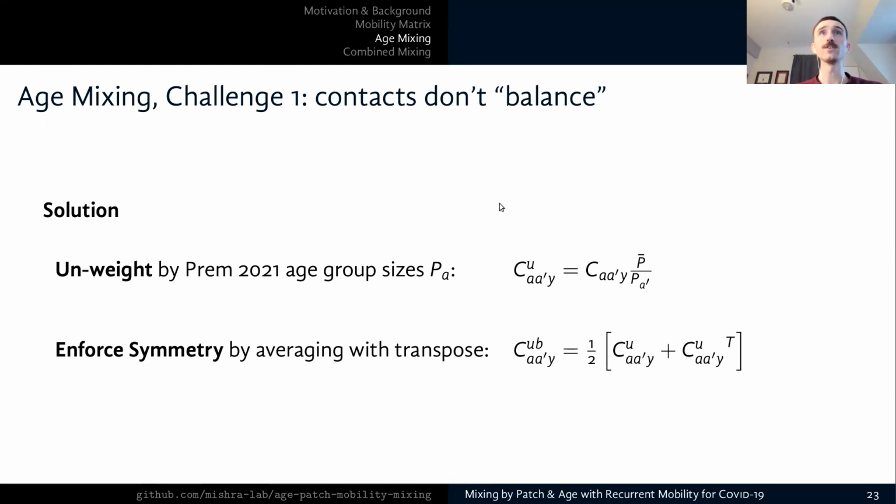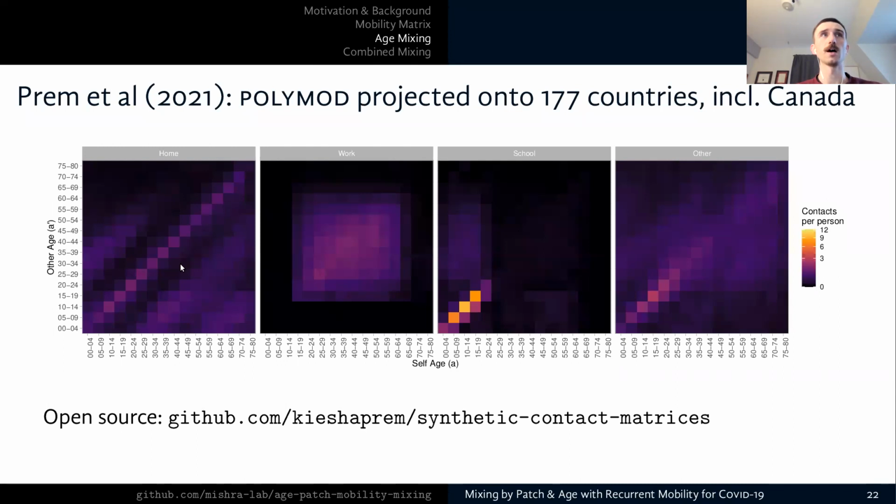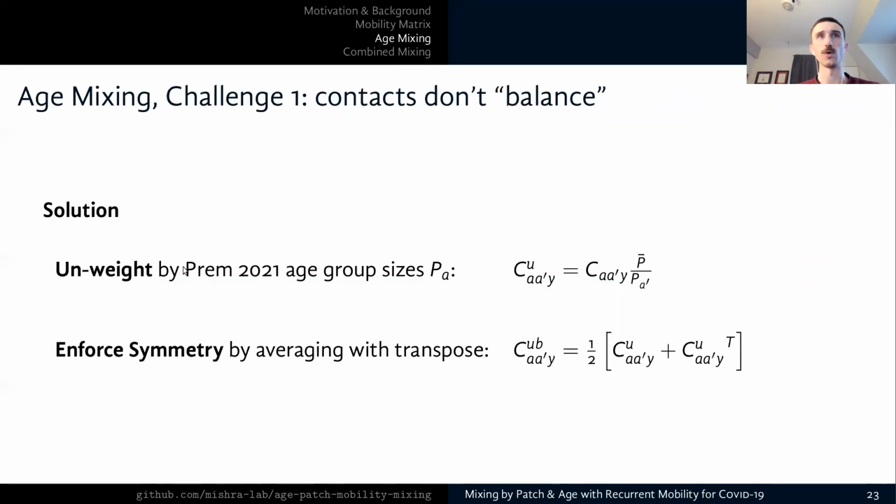But given these empiric matrices, you may be able to tell, just because the matrix itself is not symmetric, this won't actually balance. And so within the model, if you were to use that matrix as is, the number of contacts formed with age group 1 with age group 2 would not equal the other way around. And so in order to correct that imbalance issue, some people call it a reciprocity problem, we first